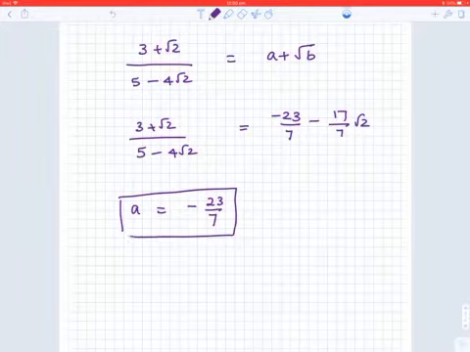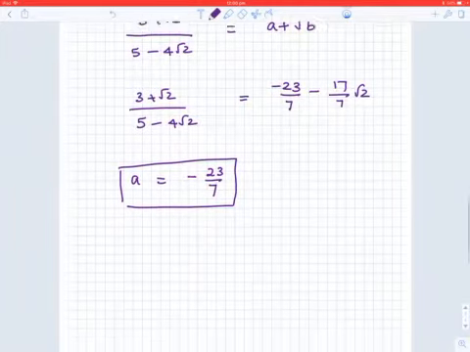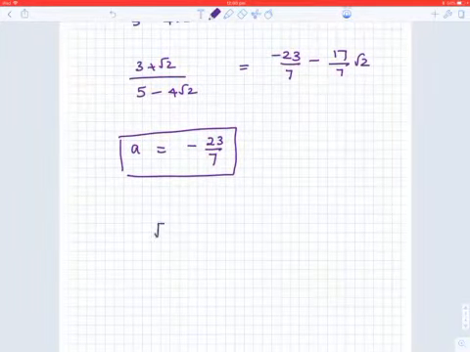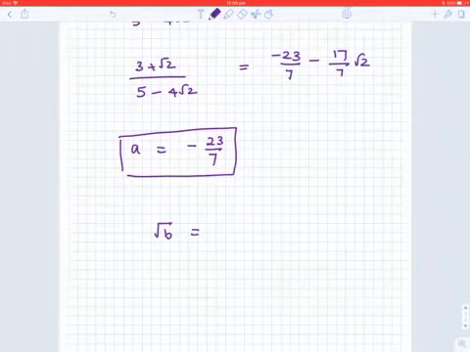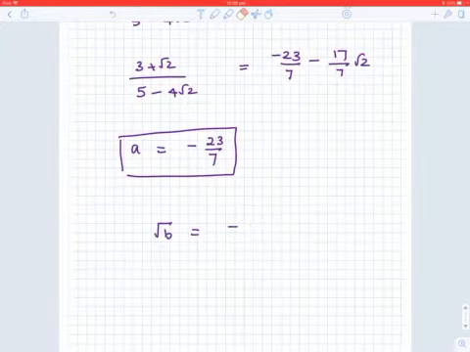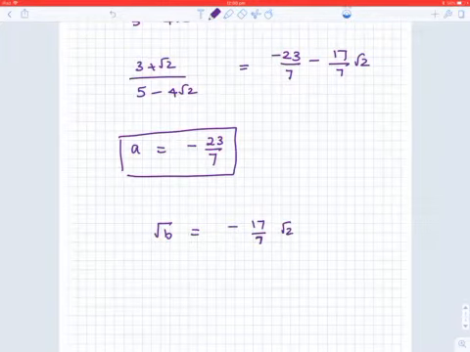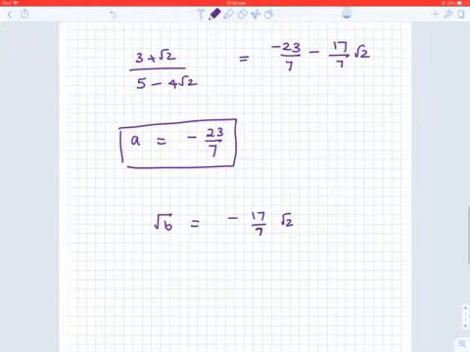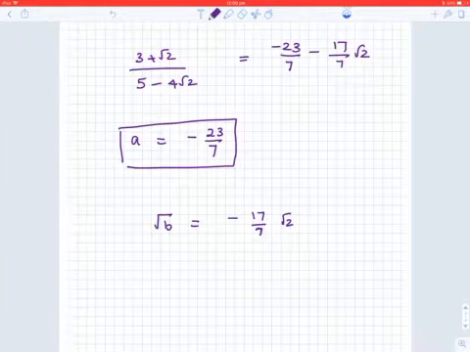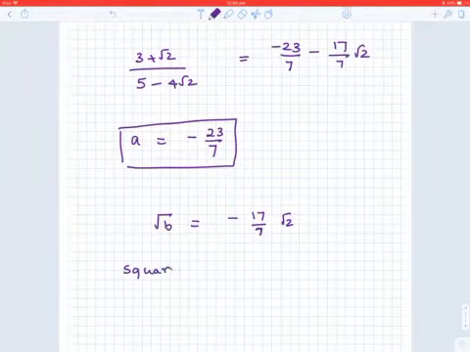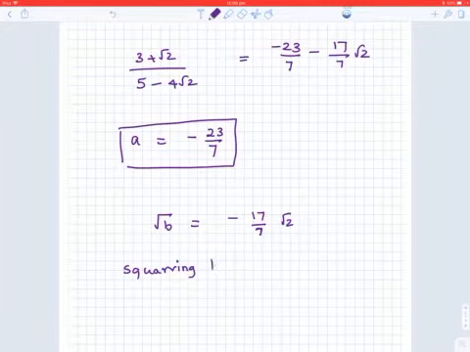So a is going to be minus 23 over 7. By comparing the two equations, I get a equal to this. But then I will get root b equal to minus 17 over 7 times root 2. That's what we are getting. Now, comparing the two equations, we have to find b. So squaring both sides,